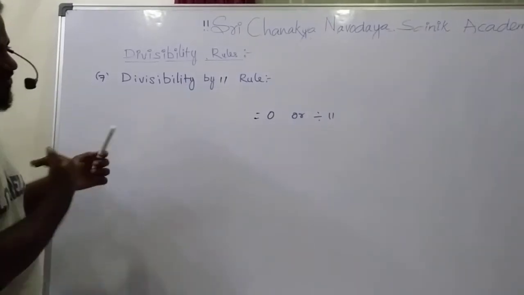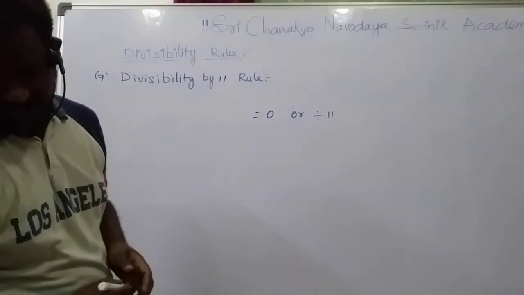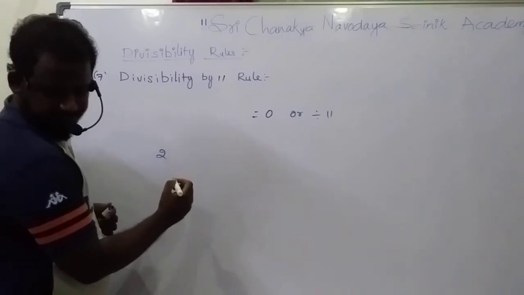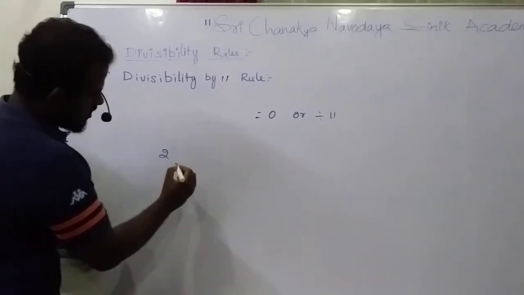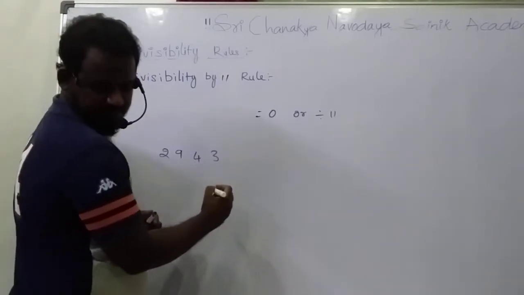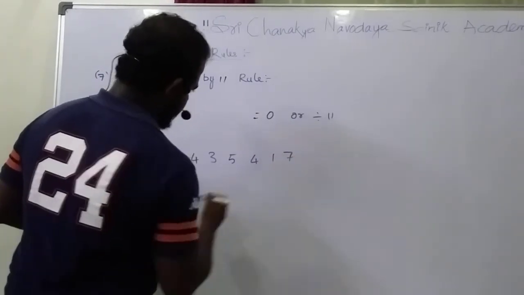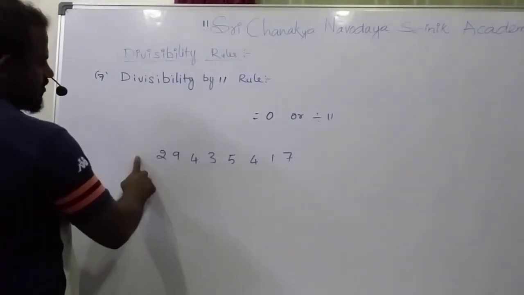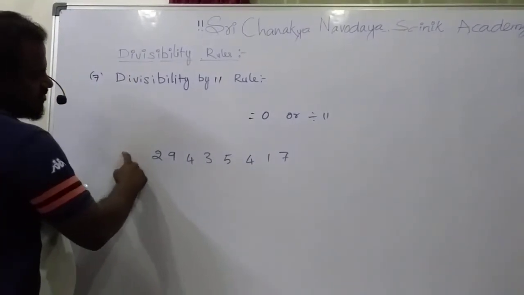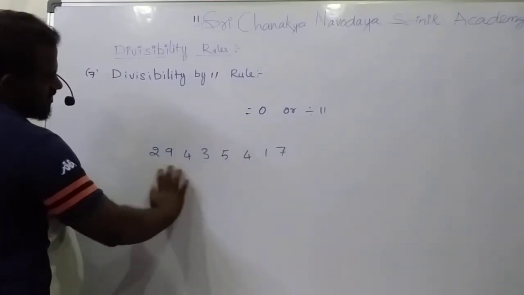So if we take one example, we will get a better understanding. We will take one example now. The example is 2, 9, 4, 3, 5, 4, 1, 7. So this is the 8-digit number. If in the exam they give a big number like this, an 8-digit number, and you want to check whether it is divisible by 11,